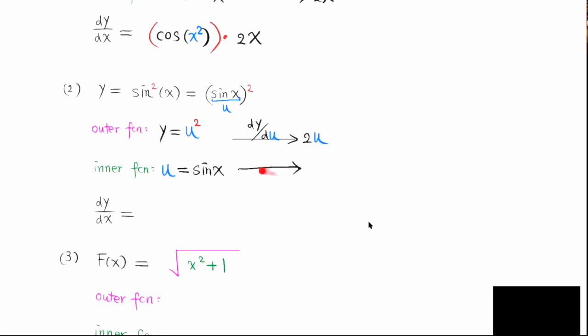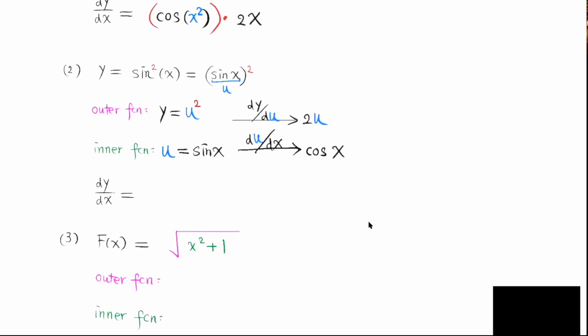Now the inner function, sin of x. When we differentiate this with respect to x, what do we get? Cosine x. Got it. Good job. Okay, cosine x. Now by the chain rule, that will be the product of this times this, right? So we'll have 2 times, now the u over here is sin of x. So we have 2 sin x